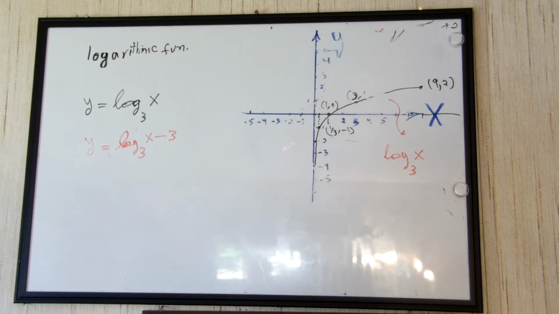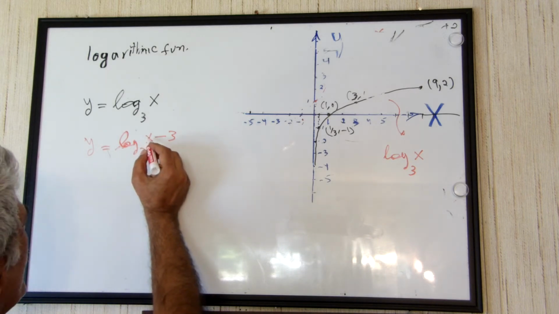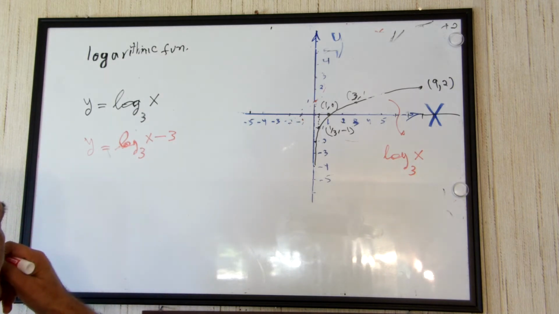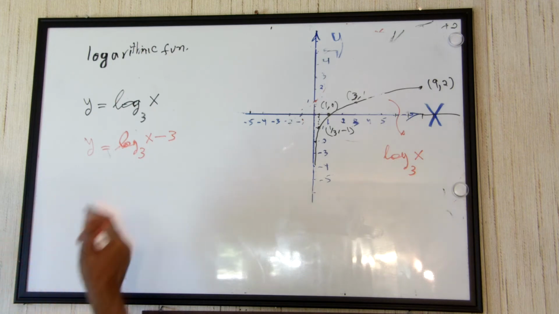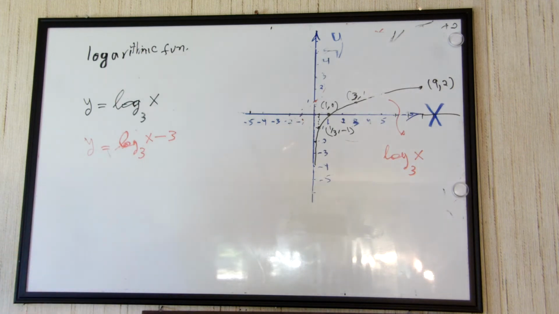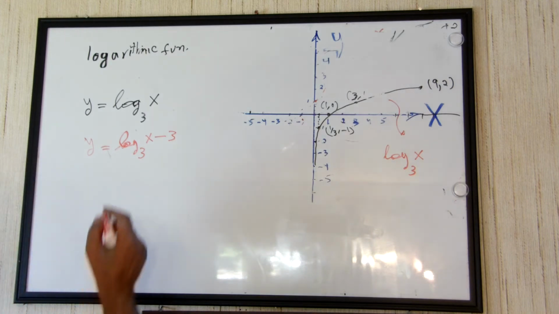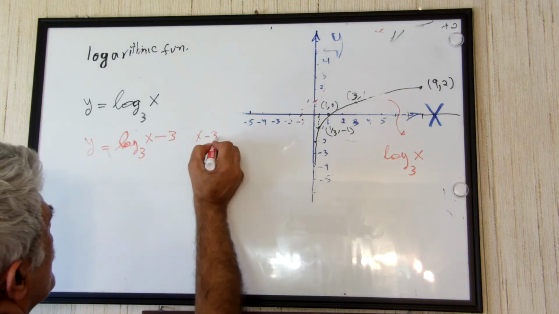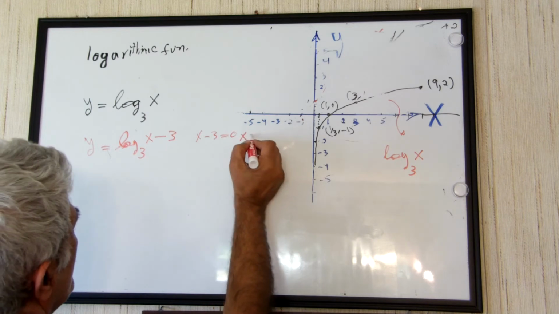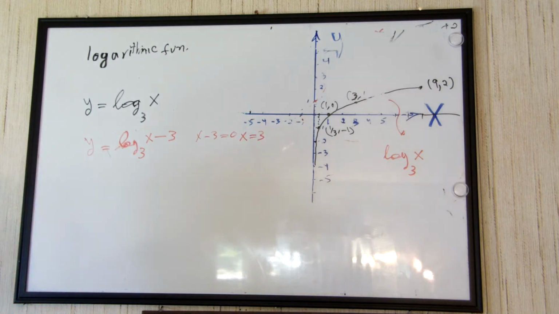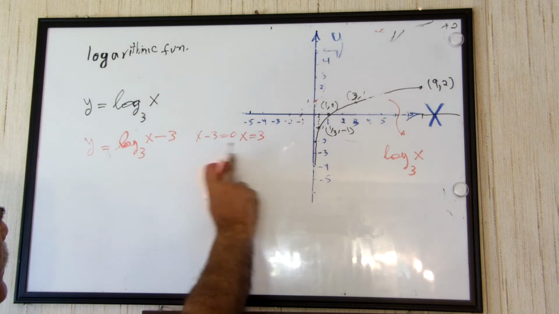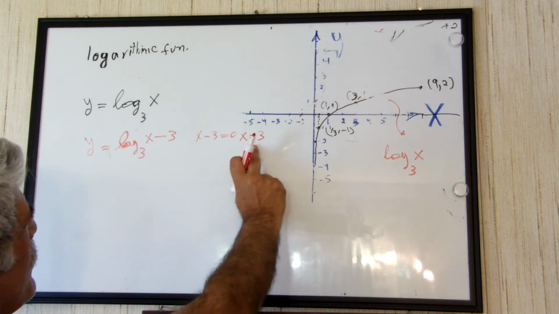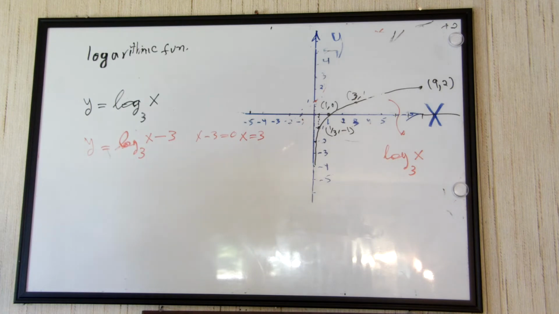This is also complicated. If you give some value to x, it's a little bit easier to do it this way: x minus 3 is equal to 0, so x is going to be 3. So what we say here is that if we shift this one 3 to the right, 3 to the right,